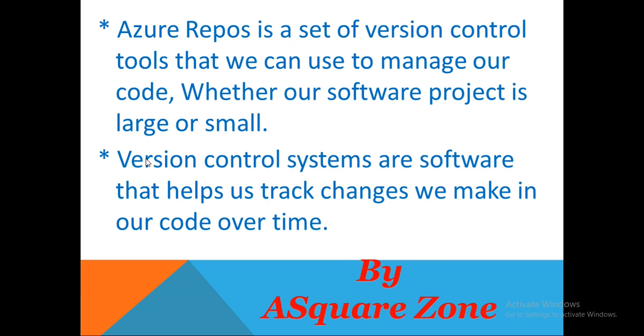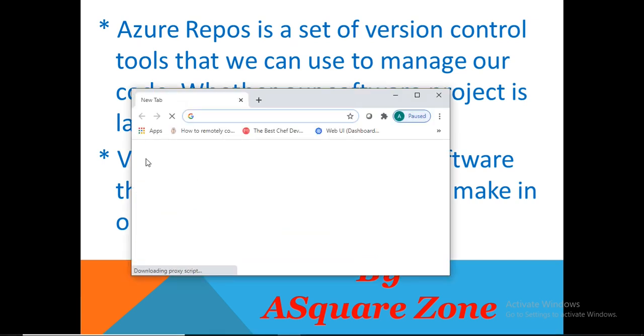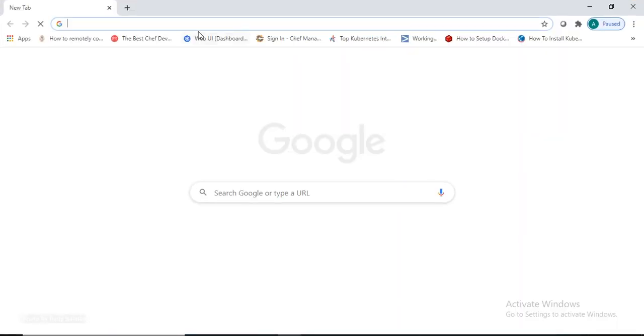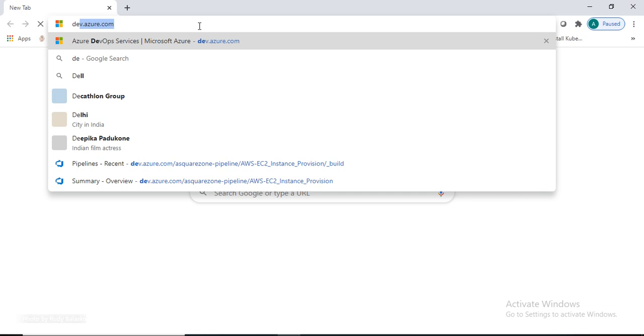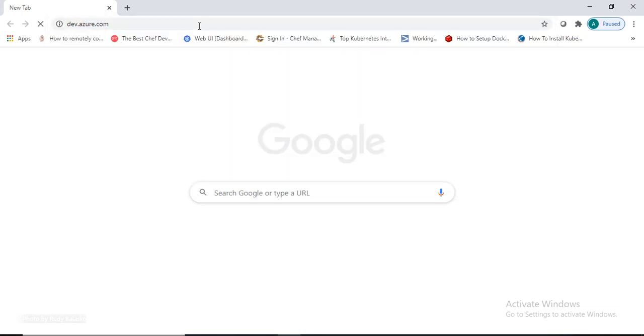Here we have some of the key concepts, like branch policies, how to clone the code, or how to commit the code. dev.azure.com is the Microsoft Azure URL. Using this URL, we can log into our Microsoft account.